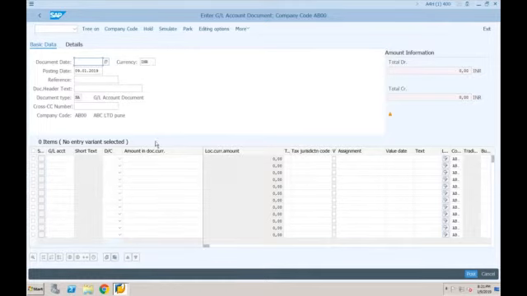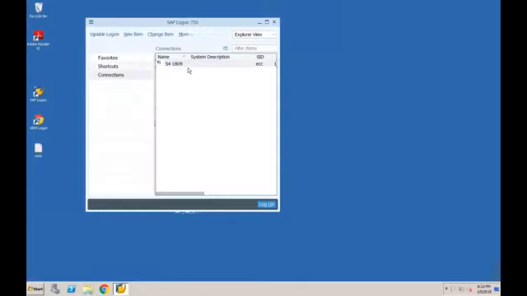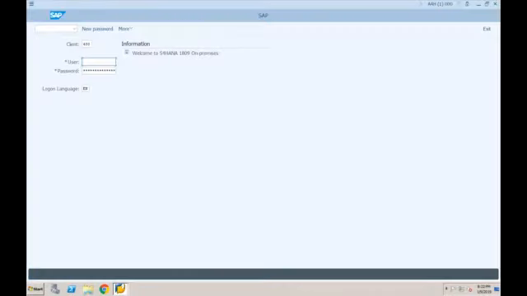Then why are we saying the screens are simpler? Why are we saying we will be able to execute our transactions on mobile devices and tablets? We are saying that because although SAP provides this traditional GUI, in addition to this, SAP also provides the SAP Fiori screen. Let me show you how you can connect to SAP Fiori.